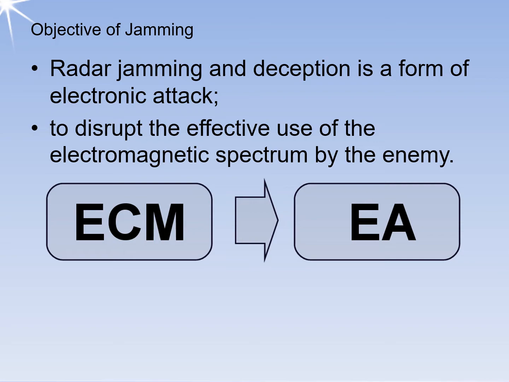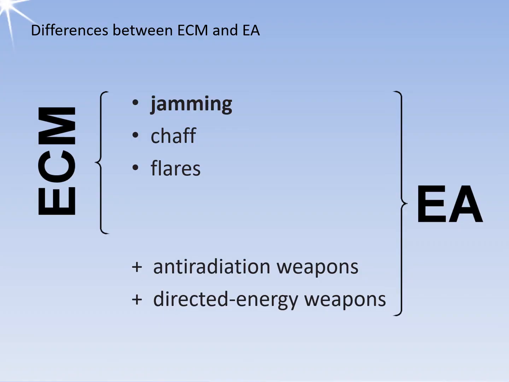This spectrum is used for transmitting information between different points, in the form of voice or non-voice, such as video or digital format, communication, command signals for controlling remotely stationed assets. Data obtained from remotely stationed equipment, or for tracking friendly or enemy assets, land, sea, or air. Electronic countermeasures include jamming for self-protection, remote jamming to protect other assets, chaff, flares, and decoys, to interfere with the operation of radars, military communication, and heat-seeking weapons.